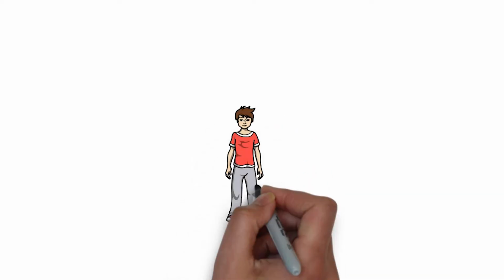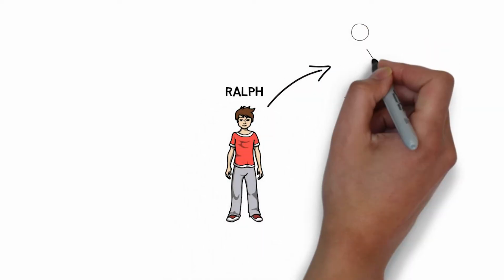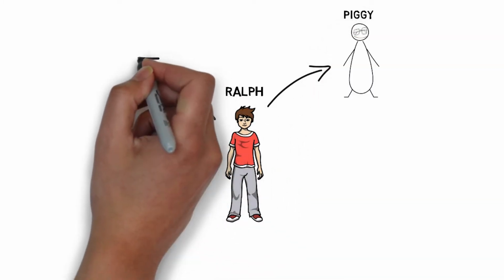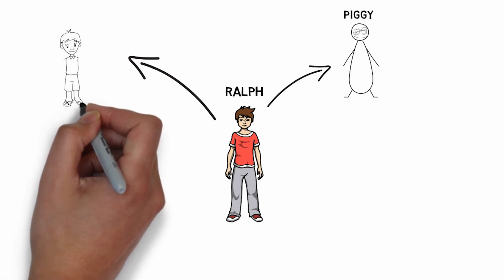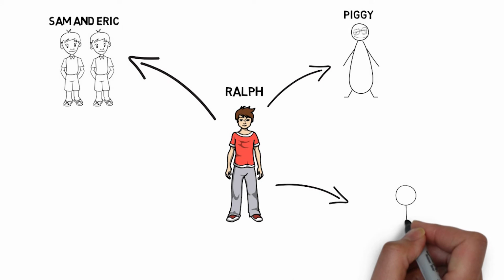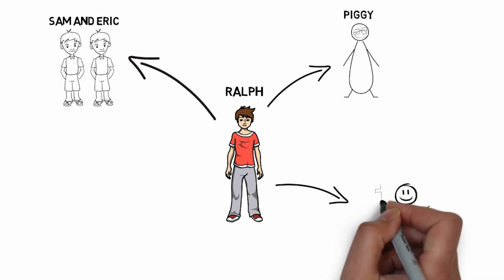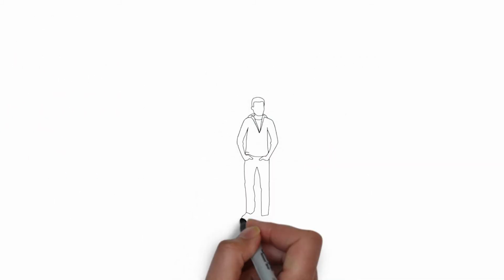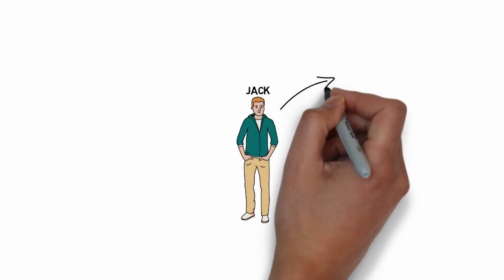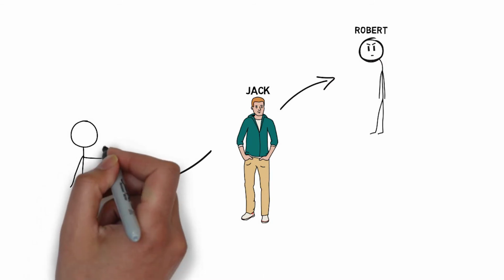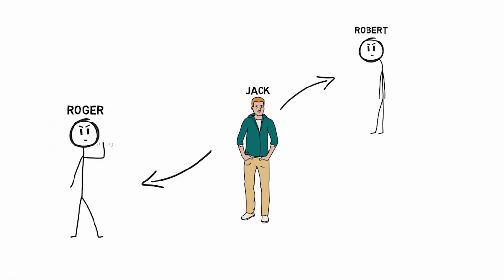This stage also includes how peers influence each other through constant interaction. The development of an individual is hugely impacted by those around him. In Lord of the Flies, those who stayed near Ralph remained more civilized. For example, Piggy, Sam and Eric, and Simon. Ralph is the main example of civilization throughout the book, and those who surrounded him reflected that. On the other hand, those who chose to hang with Jack were subsequently influenced towards savagery. These include the boys, Robert and Roger. As the main example of savagery, those around Jack were made to be savages all the same.